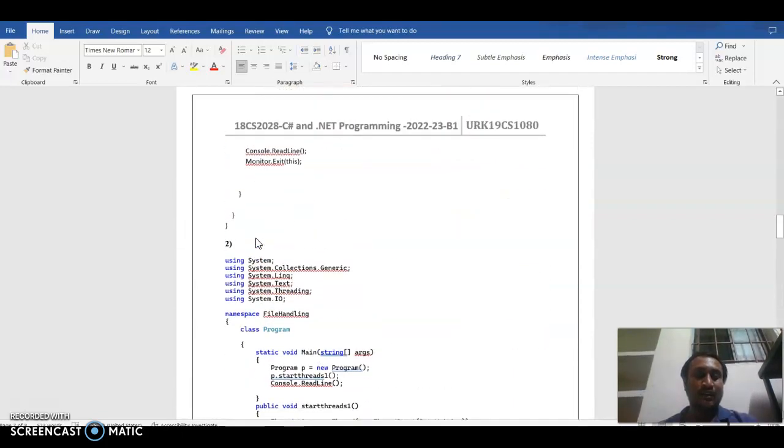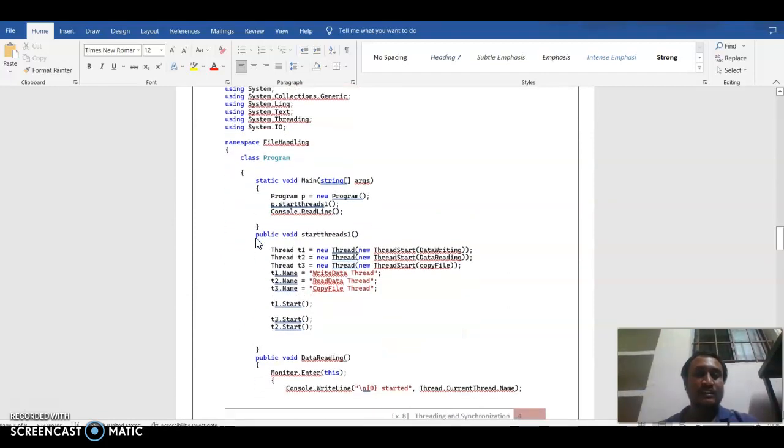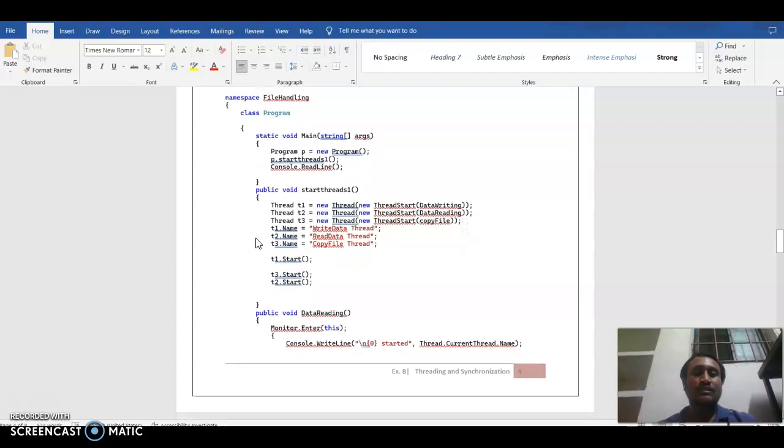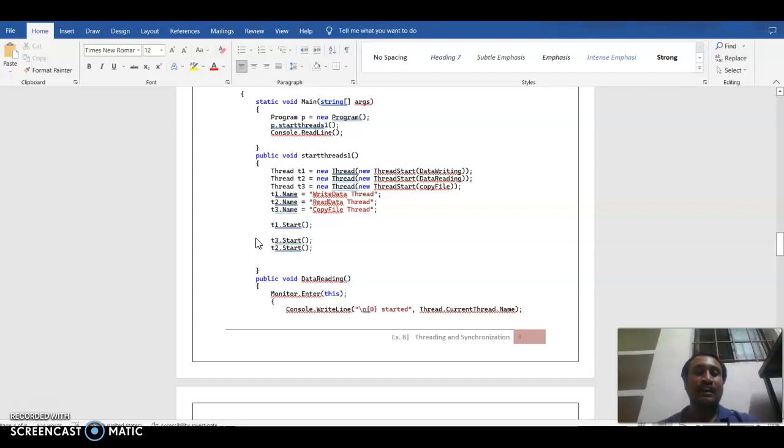Let's see the second one. Using System.Collections.Generic, using System.Linq, using System.Text, using System.Threading, using System.IO; namespace FileHandling, class Program. Static void Main(string[] args), Program p = new Program; p.StartThreads1; Console.ReadLine. Public void StartThreads1: Thread t1 = new Thread(data writing),